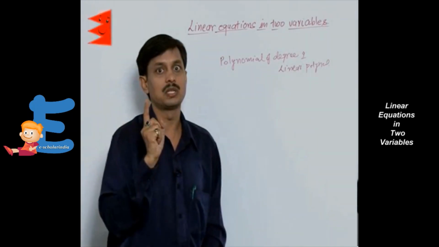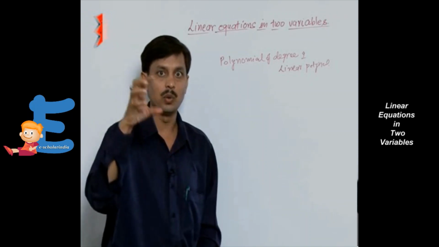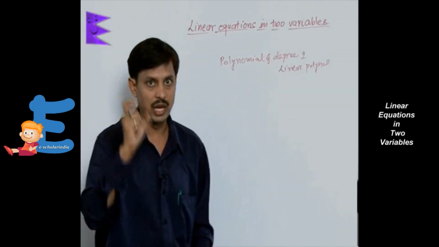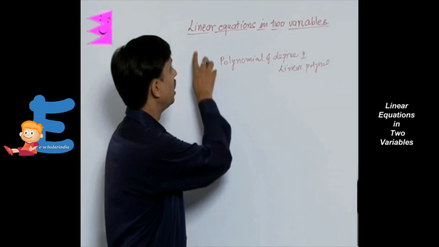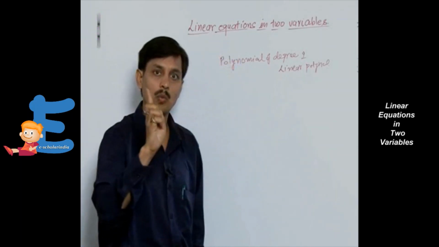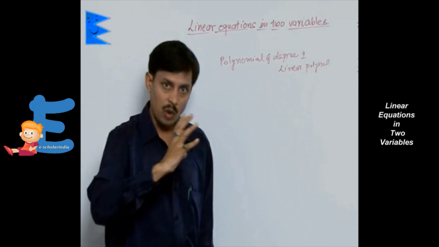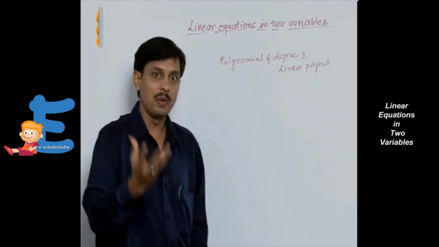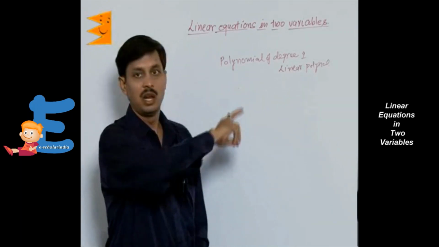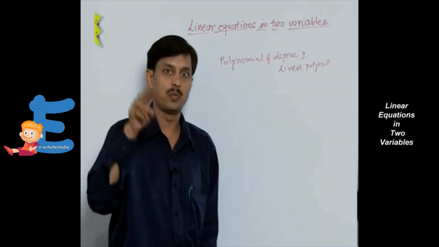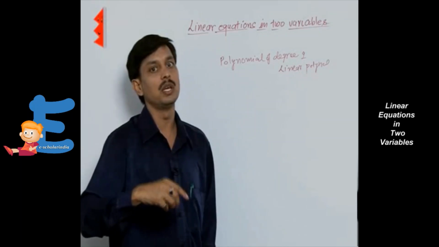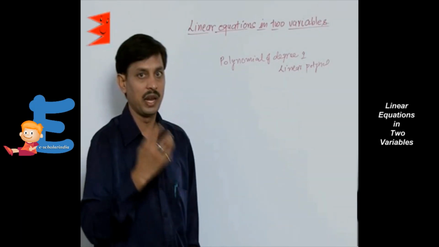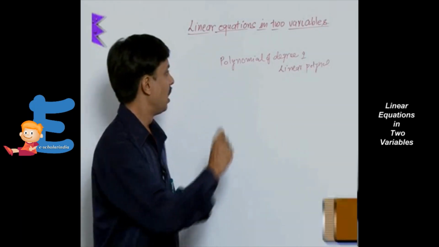and it is fixed with some particular constant value, then that relation, equality, becomes a linear equation in 1 variable. I am going to give you one example before I tell you what are linear equations in 2 variables. First, I want to tell you the standard form of the linear equation in 1 variable and how it comes.